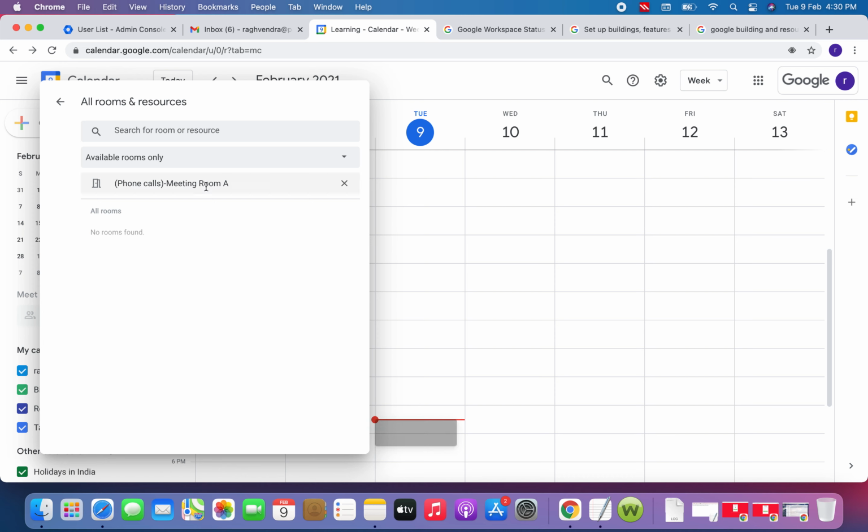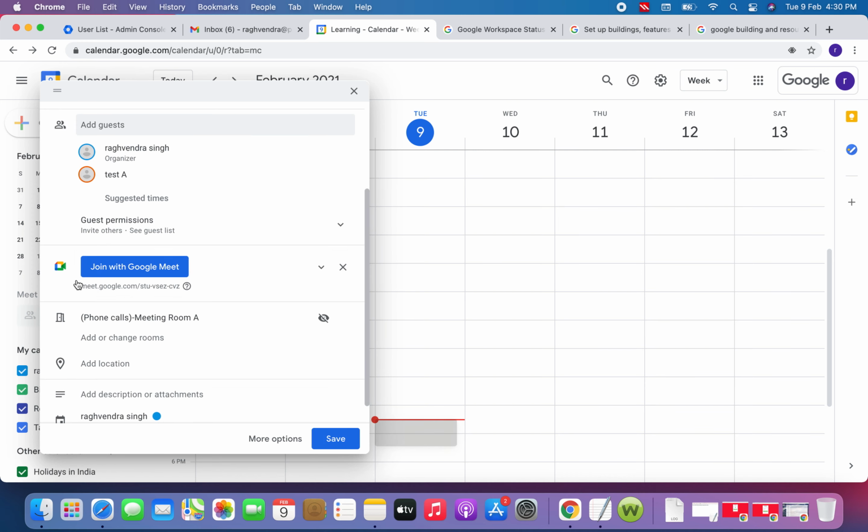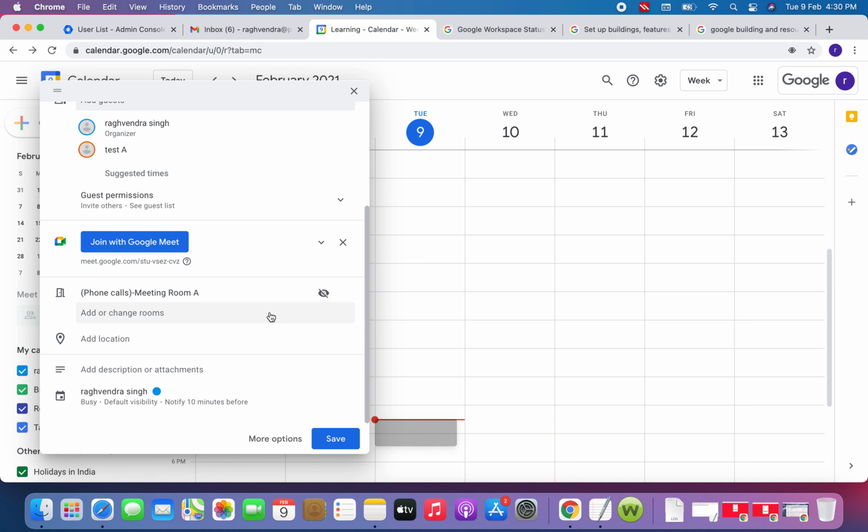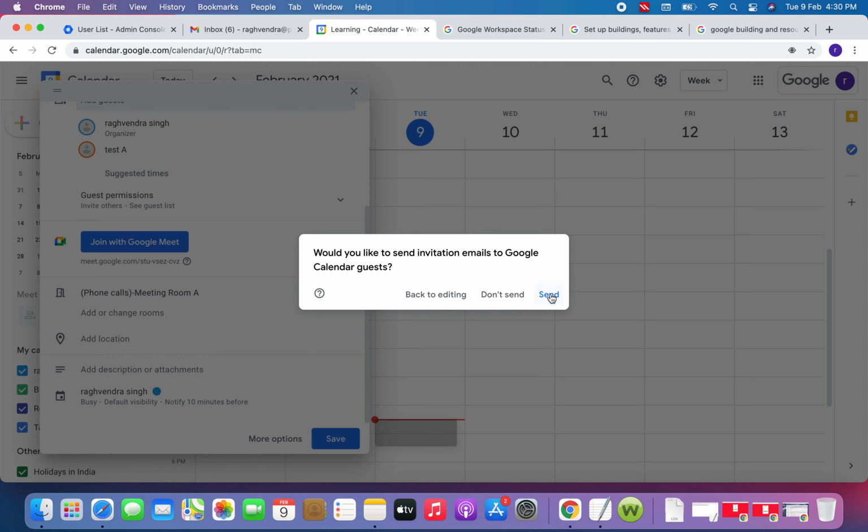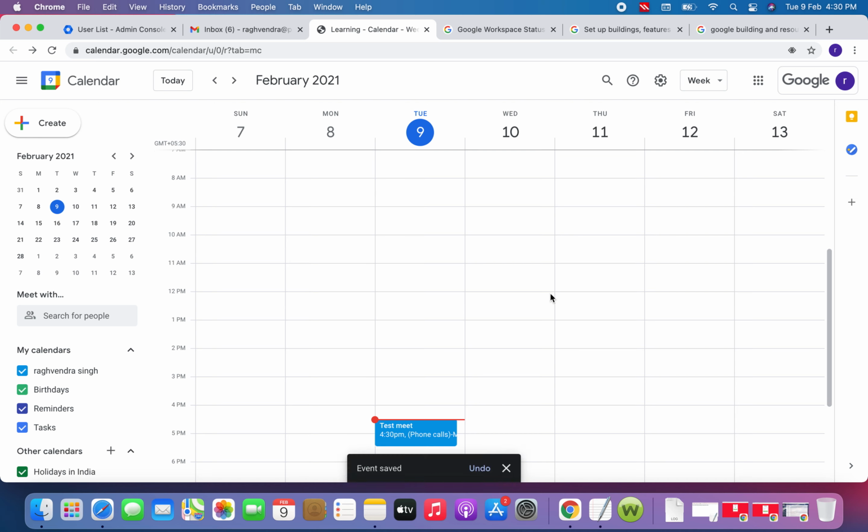This has been selected. You can change the settings. If you have any description, add it and save. So this meeting request has been sent to that user.